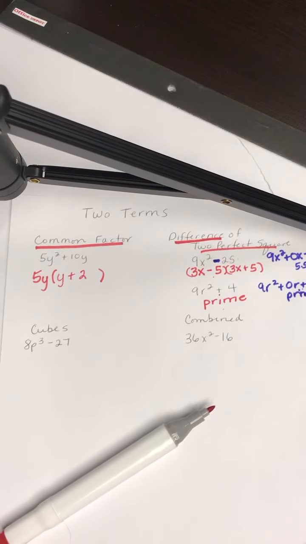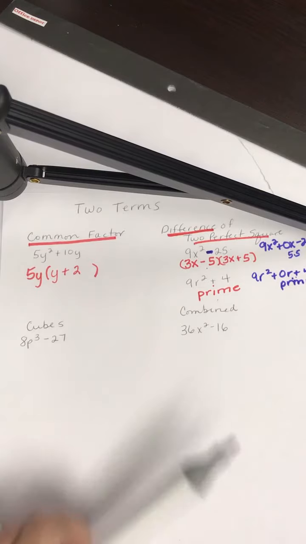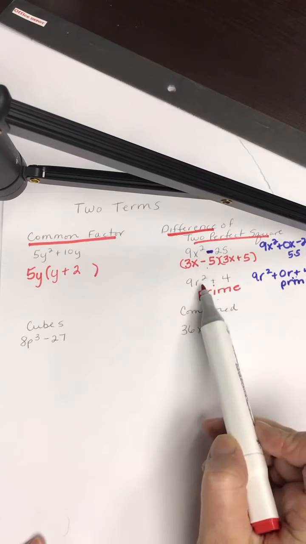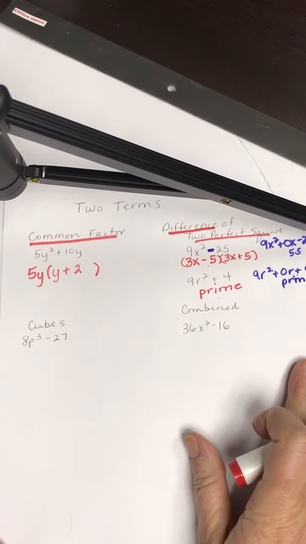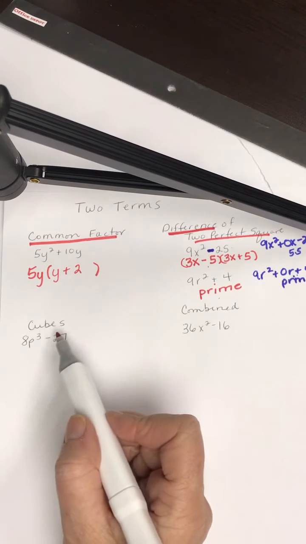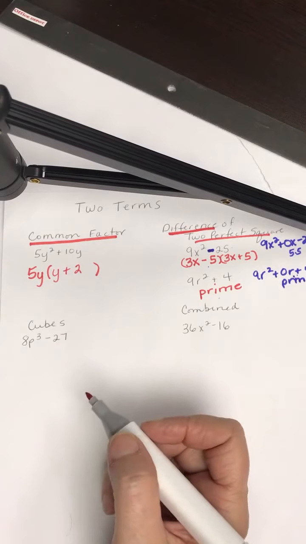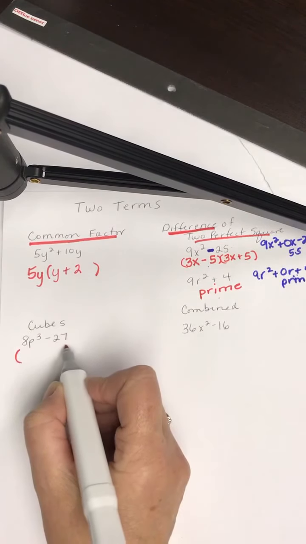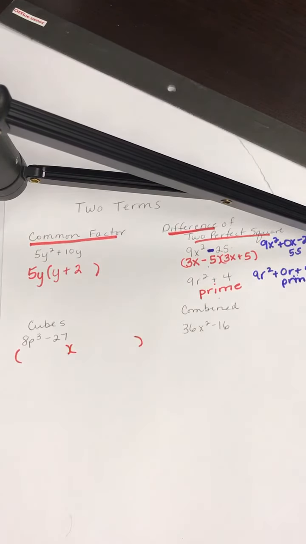The third thing that can happen with two terms is if it's a cube. So you notice these are squareds, so that's why it's a difference of two perfect squares. But this one has a cube root of 3, and so that's a cube. And for a cube, you just kind of have to memorize this process. There is a formula that goes with it, but I think the process is a little bit easier to remember,